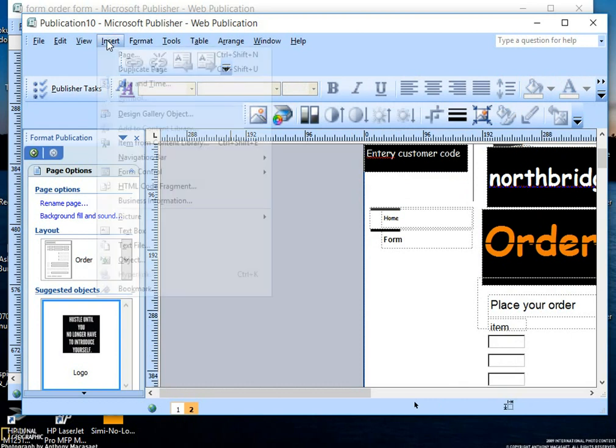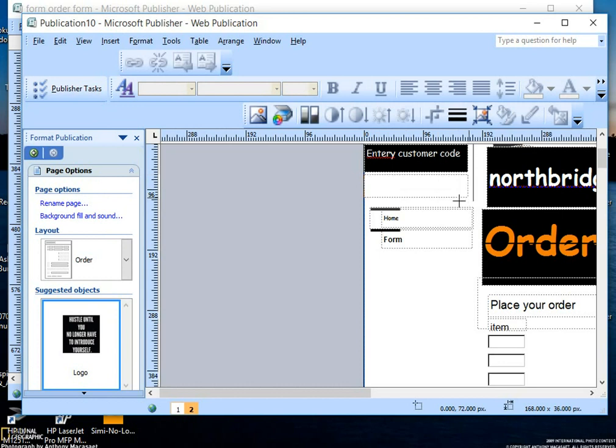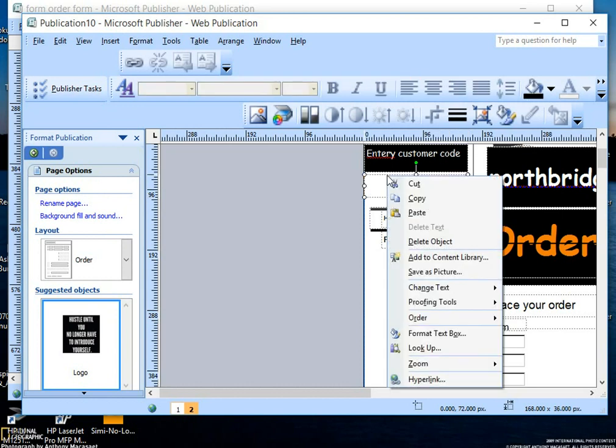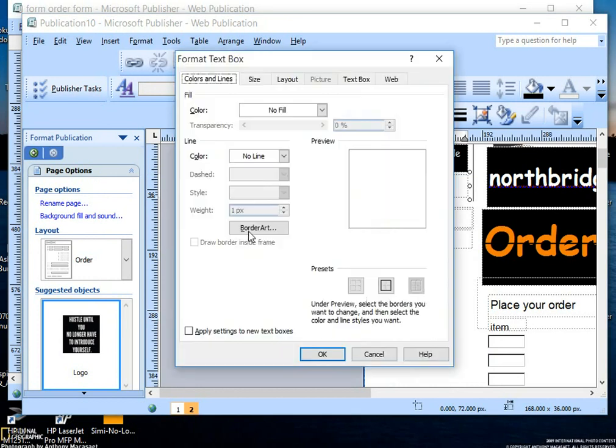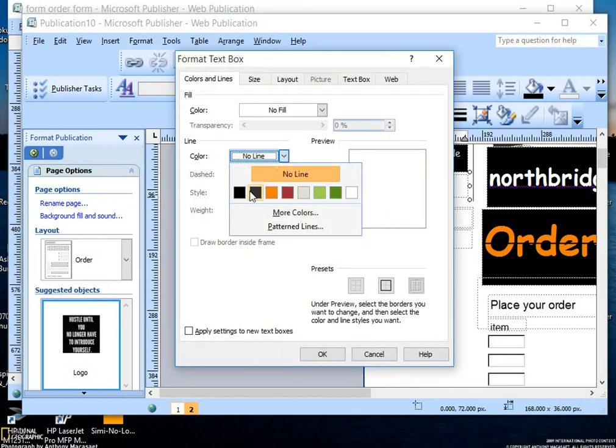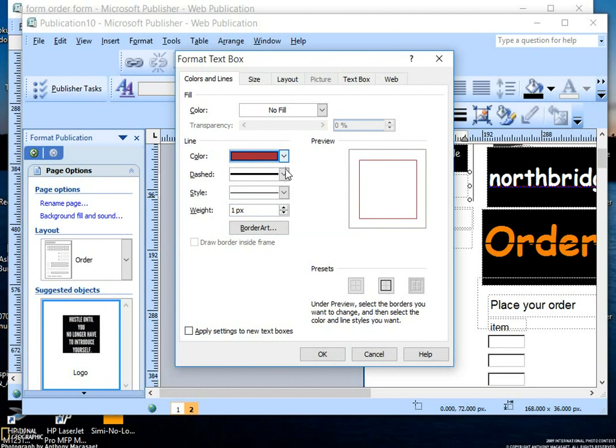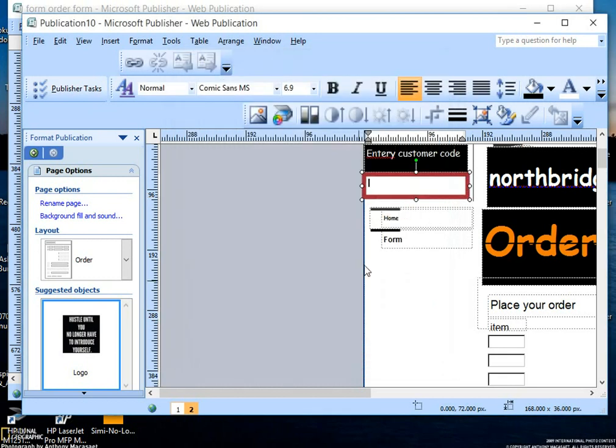So here you can as well insert a text box for entering the code, so you can format the text box. It could be, so you can enter there the code. So if you are to enter those codes,